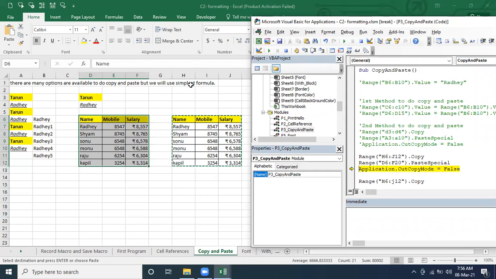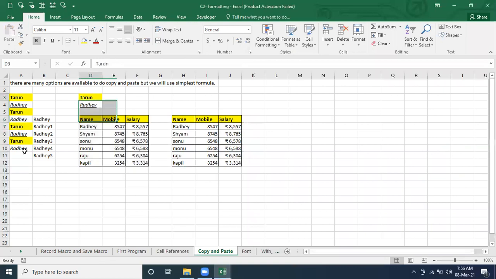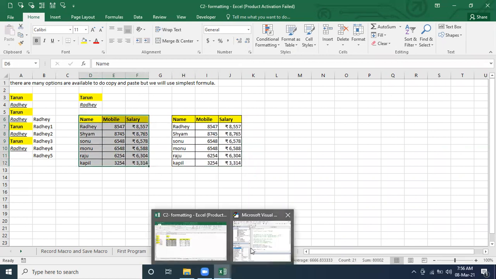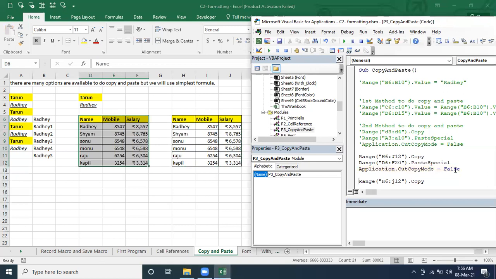But one thing: when we were doing it for the others, let's say if I copy this one and paste to a different one, it's going to paste. But here it's not going to paste. It's going to paste to whatever range we have copied, and only to that one. Correct? So we have to be clear about it and careful when we do it. If you are thinking we are going to paste to multiple ones, it is not going to paste.